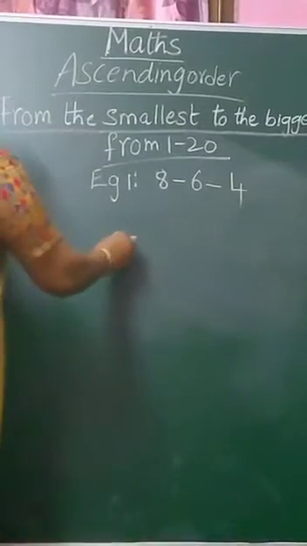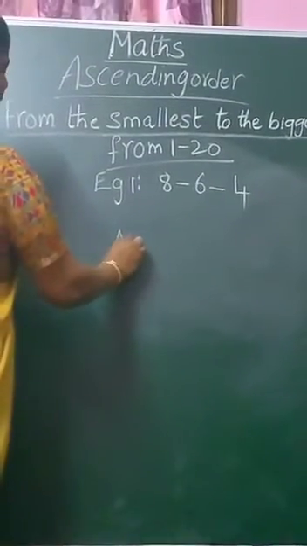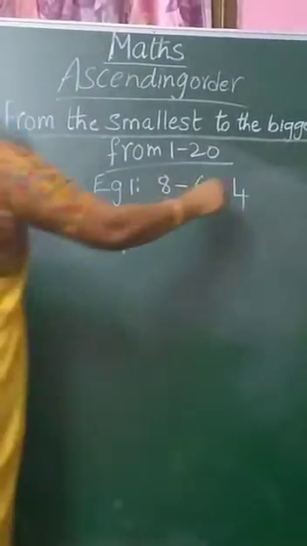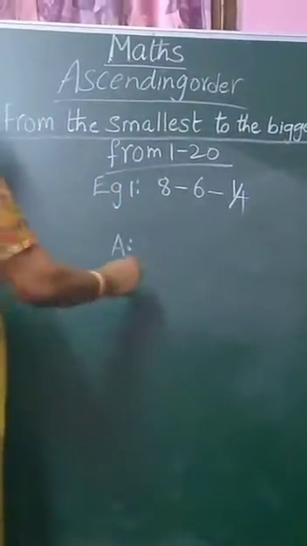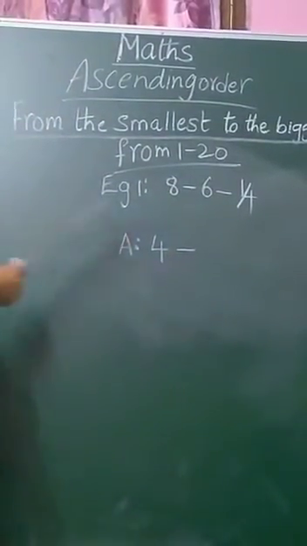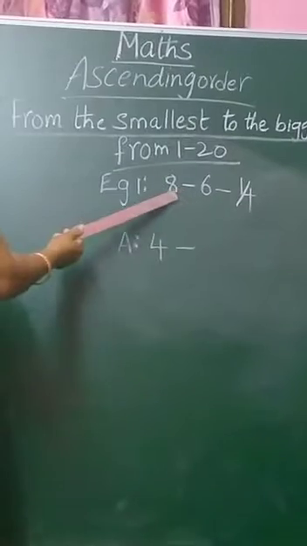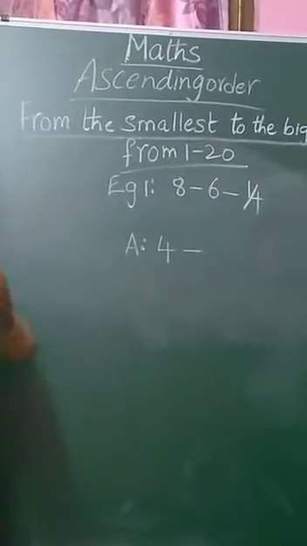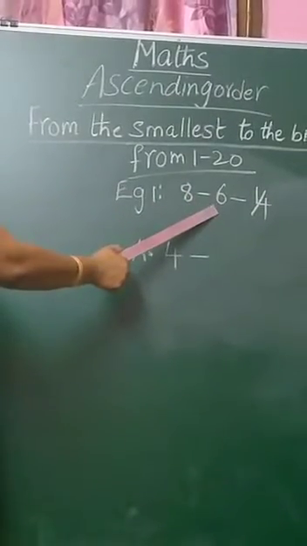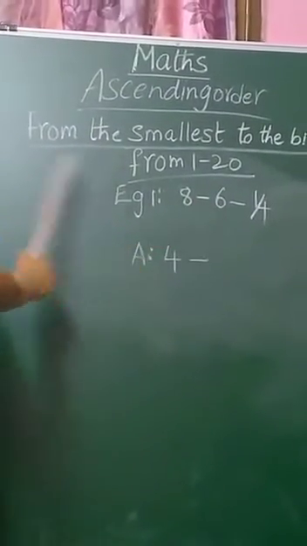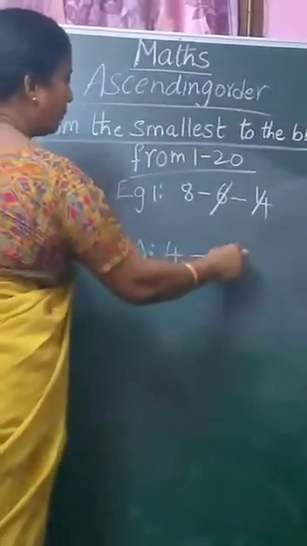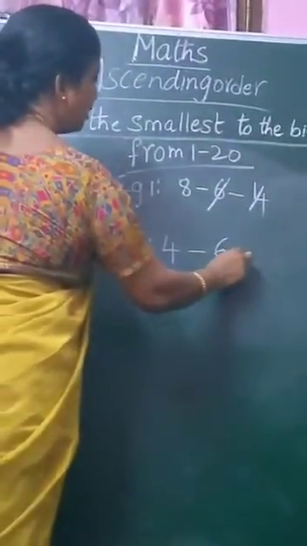So, before putting in the answer, what I have to do? Shall I put it in the answer? No. Before that, cut it here and put it in the answer. 4 after what number comes, children? 5 is there. Out of these 3 numbers, 5 is there? No, not there. 5 after what number comes? 6 is there. So, I have to put it in the answer. What I have to do? Before that, I have to cut it here and put it in the answer.